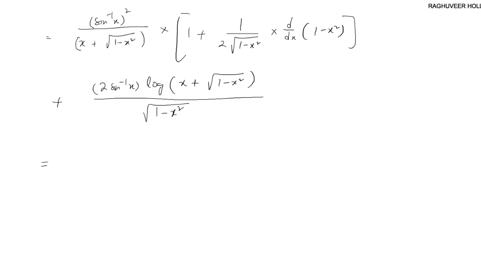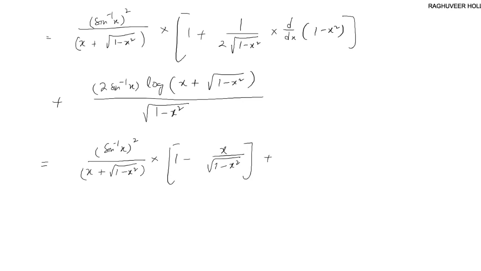Okay, so which is equal to (sine inverse x) whole square divided by (x plus square root of 1 minus x square), okay, multiplied by (1 minus x by square root of 1 minus x square), right, plus,